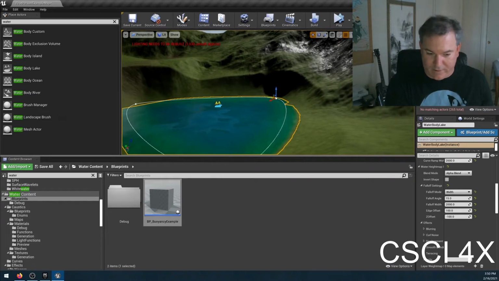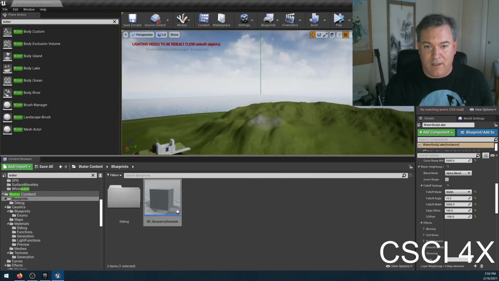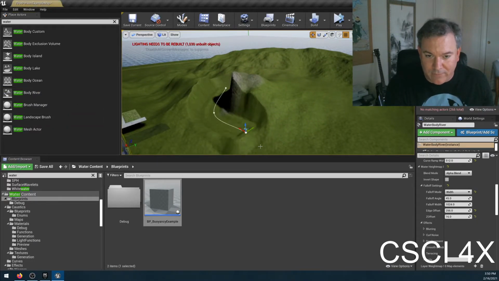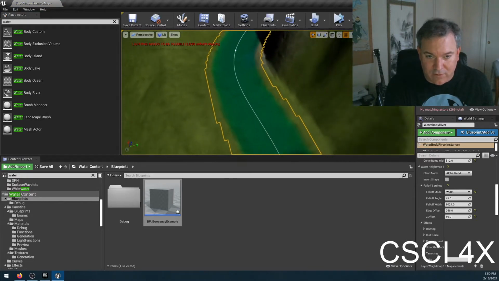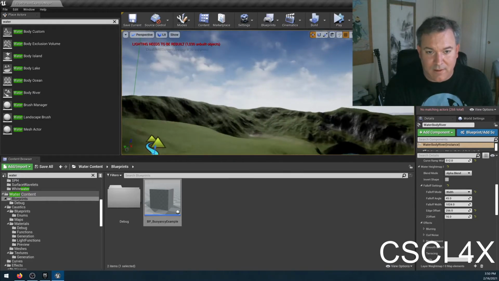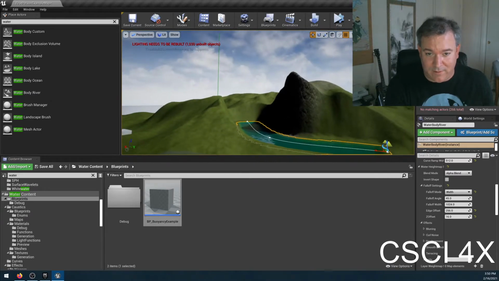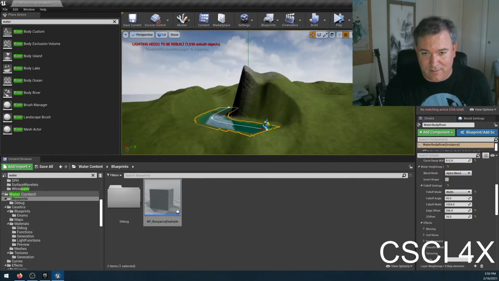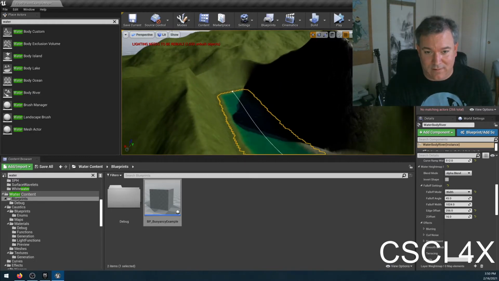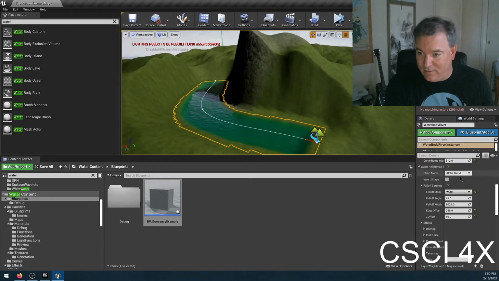Yeah, sure. Okay. And so you can make a lake really easily, and it'll just clip into the terrain. You can also make waterfalls and things like that. So if we do water body river, you can drag that out, and you can just add a river, and it will just cut right through the landscape. I don't know if this is impressive to you guys, but it's pretty damn impressive to me. You know what I mean? Like, that's a lot of work to get this done normally,